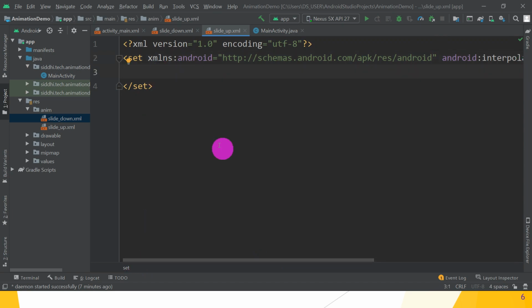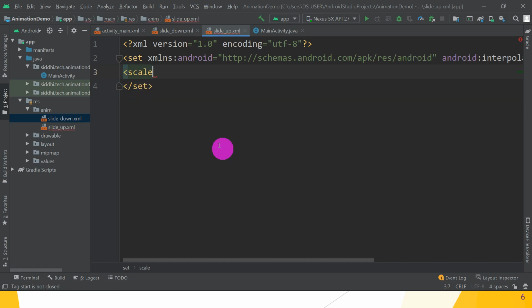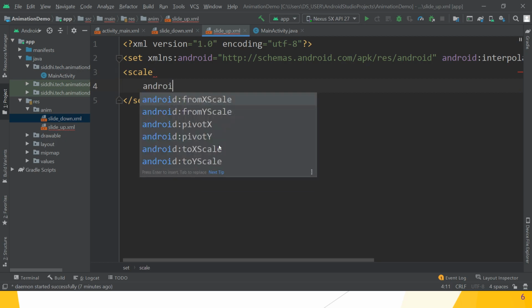So use the scale tag. Inside the scale tag you will have to specify some attributes, that is android:duration.